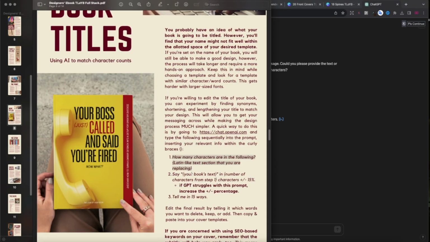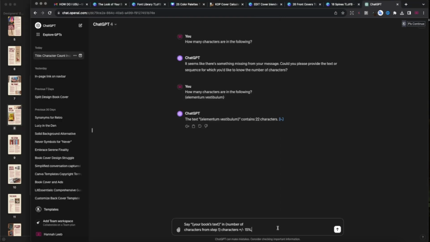It says say, and then my book's text. So the title that I liked in the amount of characters plus or minus 15%. So I'm going to copy this area. I'm going to paste, and then I'm going to say inside of these curly little brackets, my book title is going to be